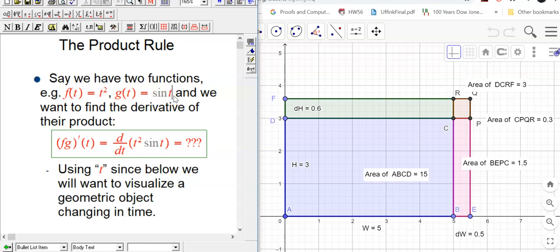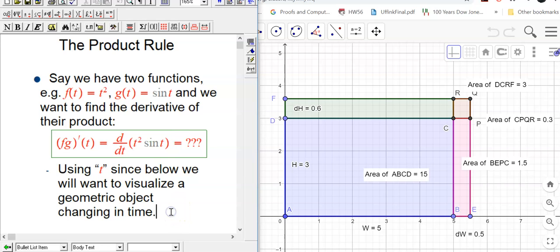We know the derivatives of those individual functions. This gives 2t, this gives cosine t. Maybe that will let us apply some sort of rule that will calculate the derivative of t squared sine t. So we could write it this way using the names of the functions. We could write it this way, and that avoids naming the functions. And I'm using t because below I'm going to really think about this with time as the independent